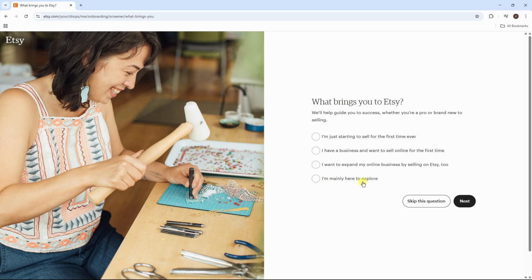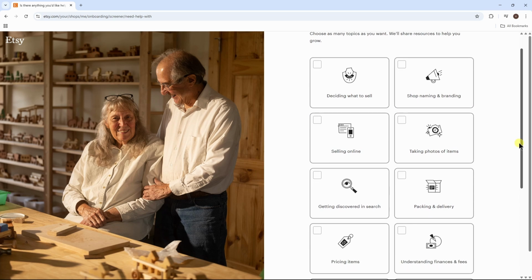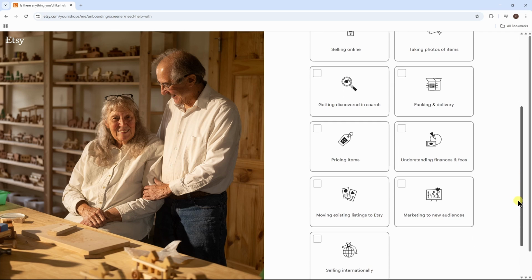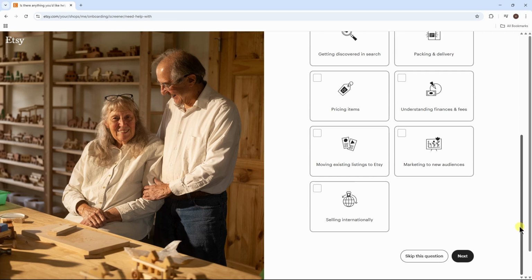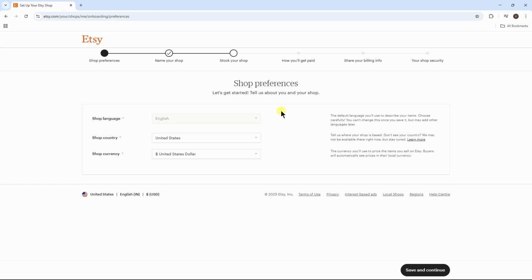Now choose the option what brings you to Etsy and just click on next. On this screen Etsy lets you choose anything you would like help with, like deciding what to sell, shop naming and taking photos of items. You can choose as many of these or you can just skip this question. Now here you just need to click on start your shop and yep, the final window will appear and the